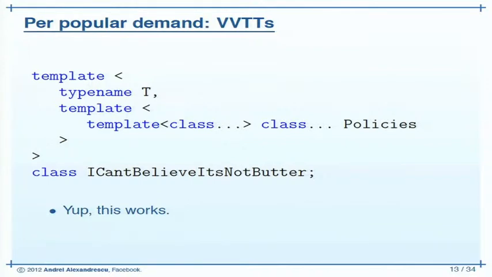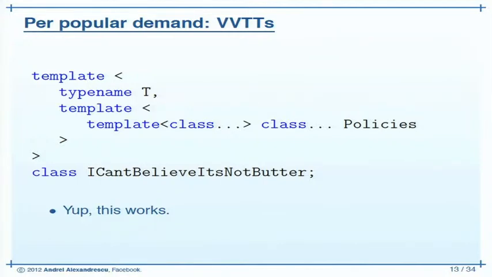VVTTs, which is Variadic templates. And now, honestly, I removed the slide from the deck, and I was asked expressly. They said, you know what? We're not paying for your hotel if this slide isn't in. Therefore, it is in. And the way this works is we have a template that has some, let's say, fixed